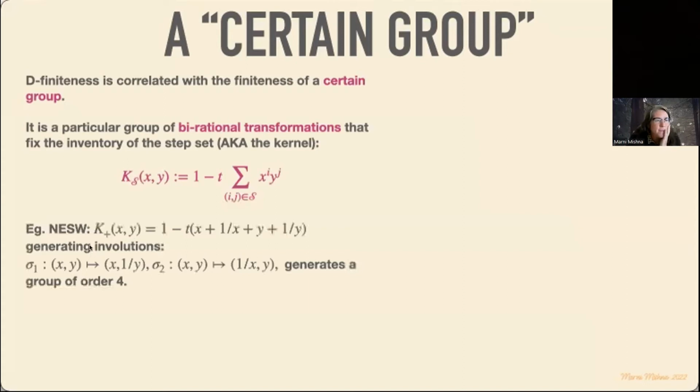And let me actually do an example, because trying to do this in general is probably too much at this point. So imagine I have my northeast, southwest. Remember those I had encoded each possible direction by a monomial. So we've got them here. And this is what we had in the denominator of that rational function. So this is my kernel.